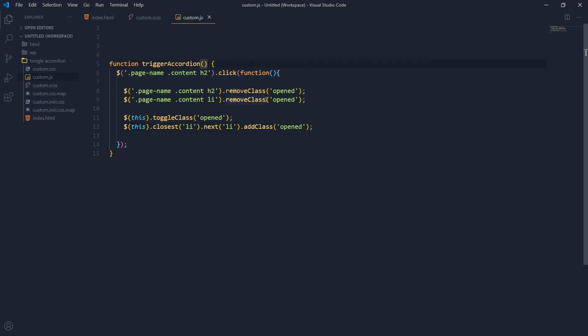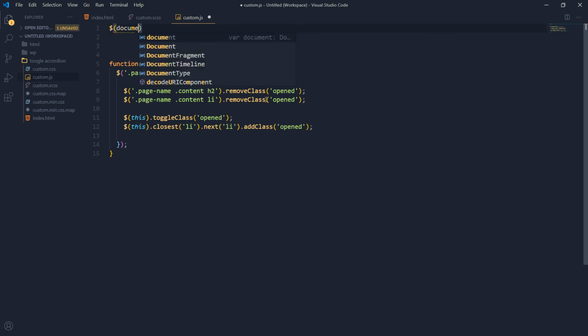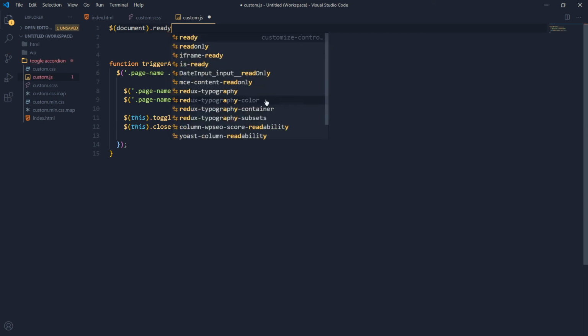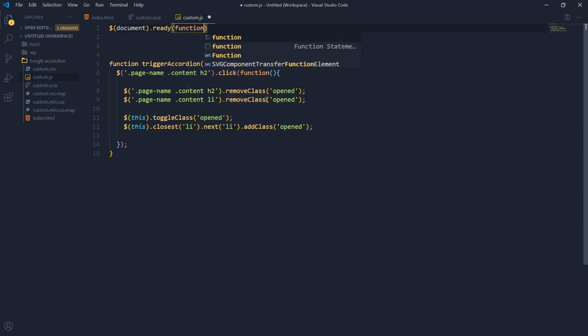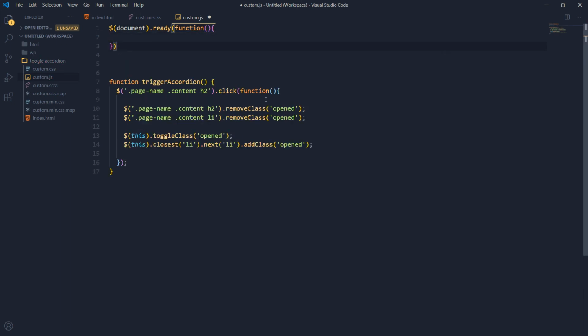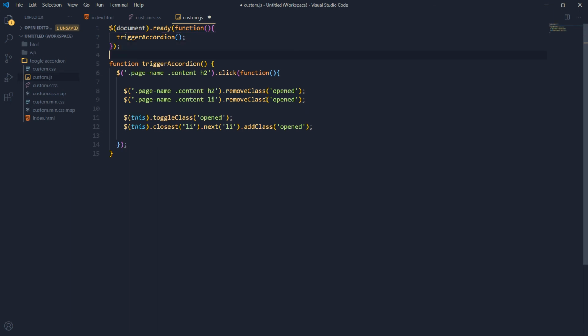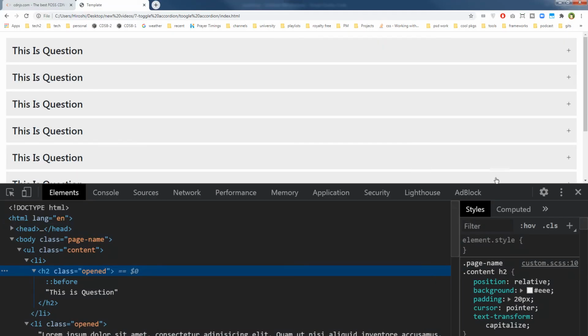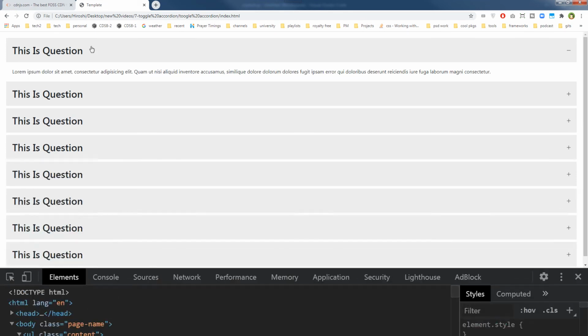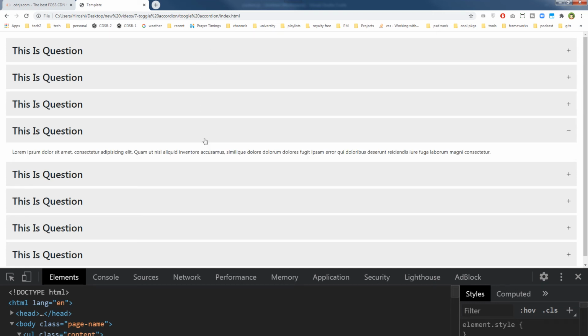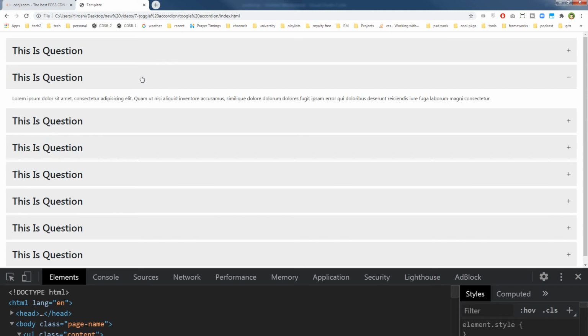So this is a function. Let's use this function inside document.ready. So when the DOM is ready, this function will be triggered. So let's try this. So click. Alright, so this turned into a negative sign, and now this. Alright, this is working. So on click of any h2 element,